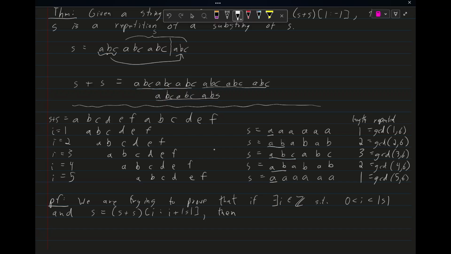So then there exists some index j, and j needs to be in the same range,